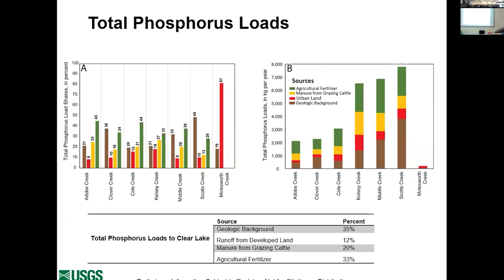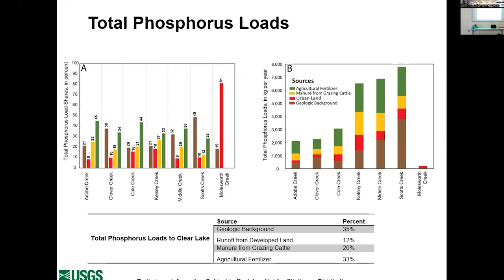Plot B is the load estimated by SPARROW in kilograms per year. Watershed, same thing with Mossworth. The only difference is urban. Then here we show that the geologic background, so erosion from geologic backgrounds, is the main source in most of these watersheds. It accounts for 35%, and then there's also the